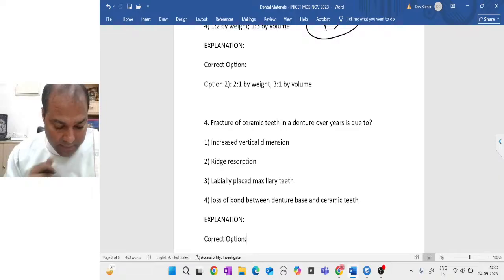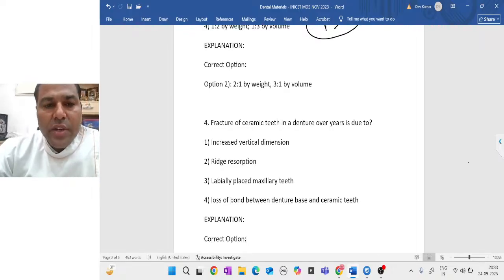Now the thing is, there are two reasons mainly. Understand why, if the denture base is made up of acrylic,